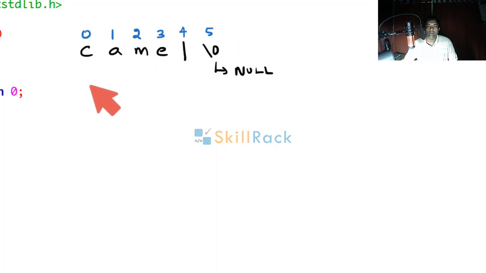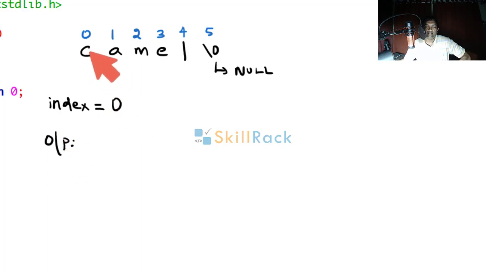So now what we must do is, first we must assign a variable index equal to 0. Then print the character at index 0. So C is printed. Then increase the value of index by 2, because we need to print alternate characters skipping the next character.